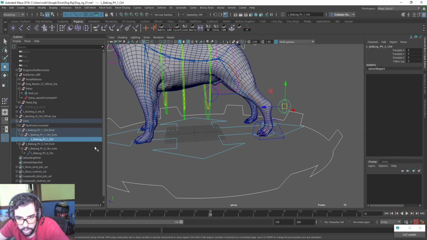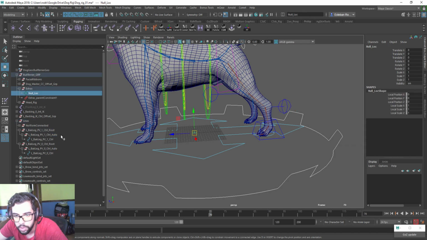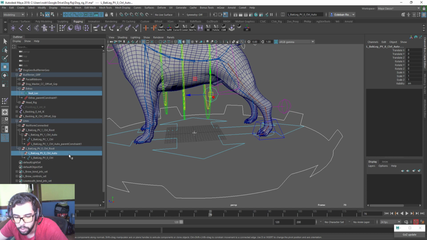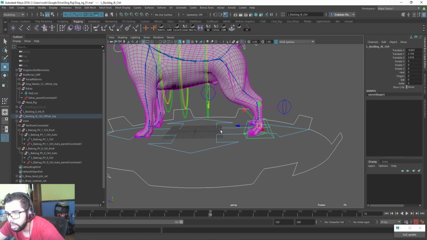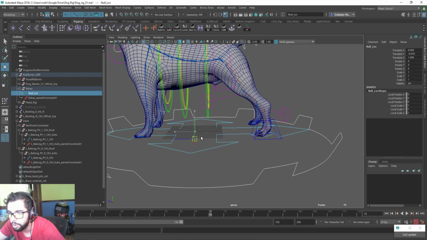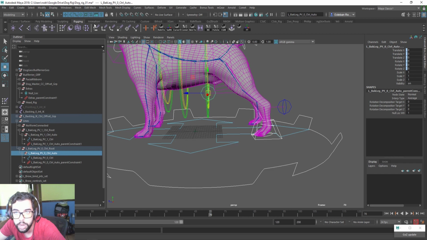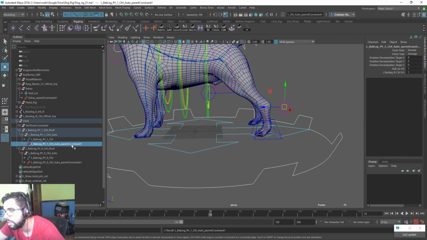Let me see where these things are. We need the auto. Yeah, so this auto parent constraint, this auto parent constraint. We can use a point constraint because they only move. So if I move this, the polyvectors move. And if we have this one, parent, so now the parents have two of this. Okay,